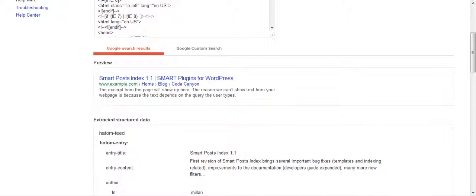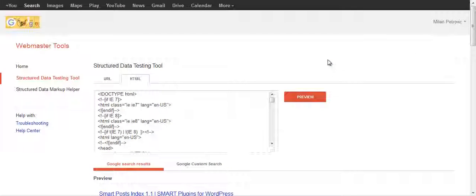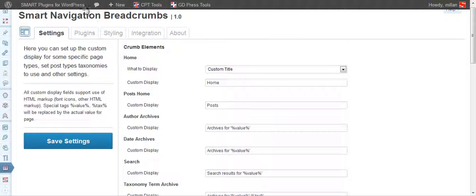So this will also help your website visibility in search engines. This option is enabled by default, and there is no need to do anything else. It is supported right away.